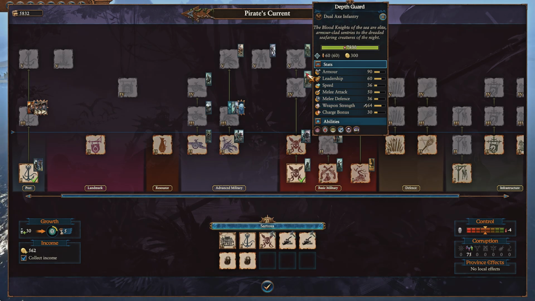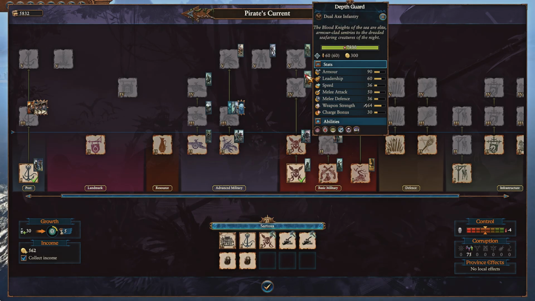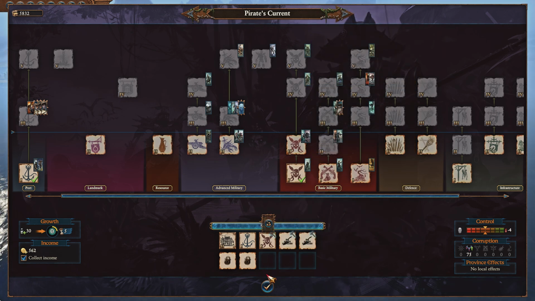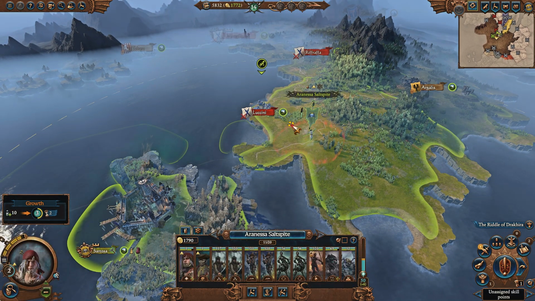You look at tier 3, you look at Skull Reapers, you look at Chosen of Khorne. Yeah, those are kind of equivalent. In some ways, Depth Guard have their own advantage, but they also have their disadvantages with regards to that. So you're lacking in many respects with your armies, and then your economy is not capable of supporting a lot